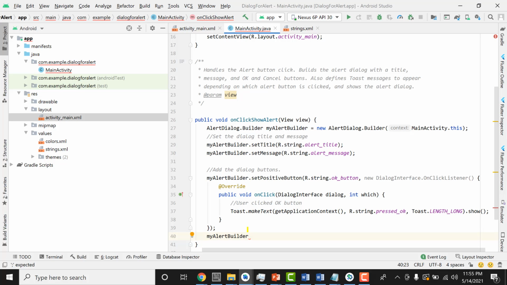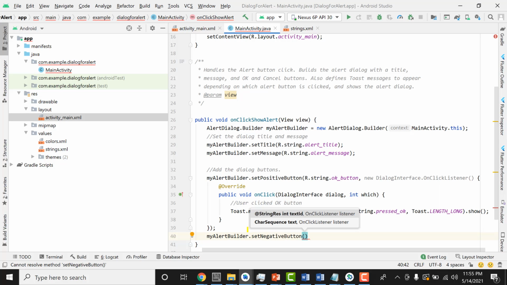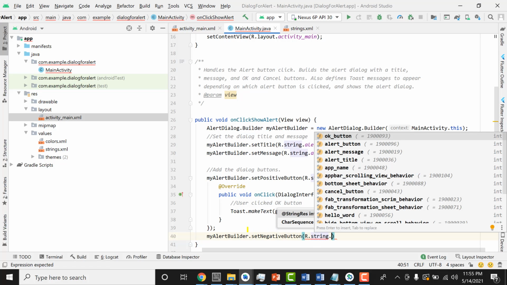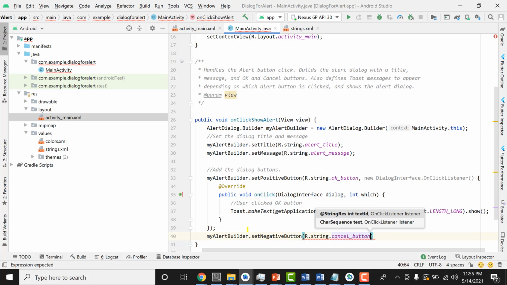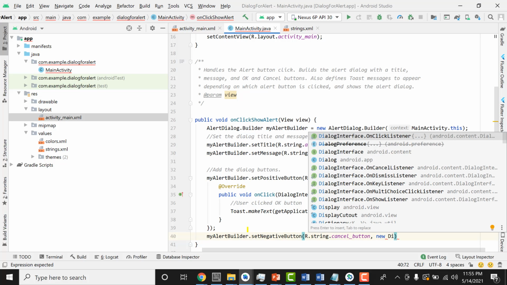So I can write myAlertBuilder.setNegativeButton, and then once again what is the string for the negative button? It is R.string.cancel_button, and then once again we are going to implement the DialogInterface.OnClickListener,